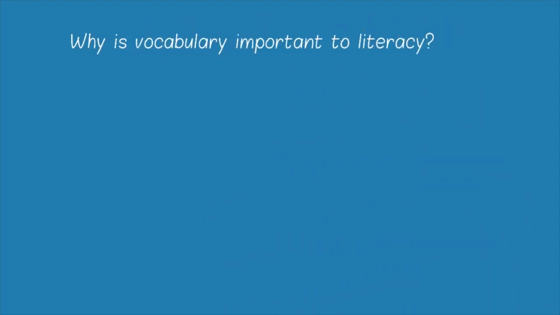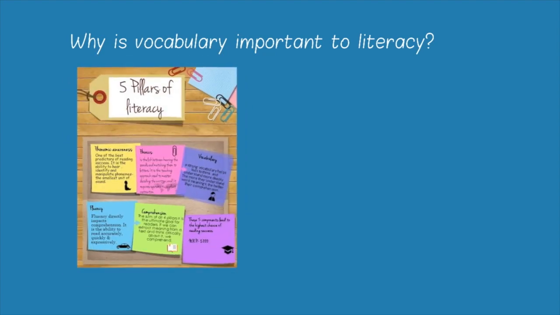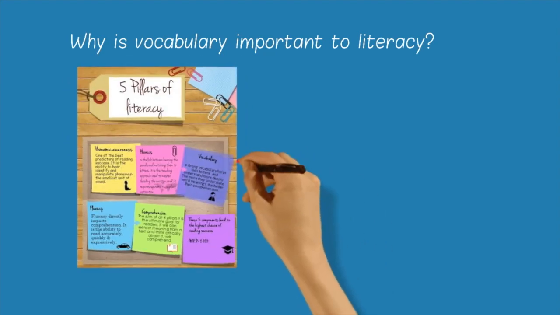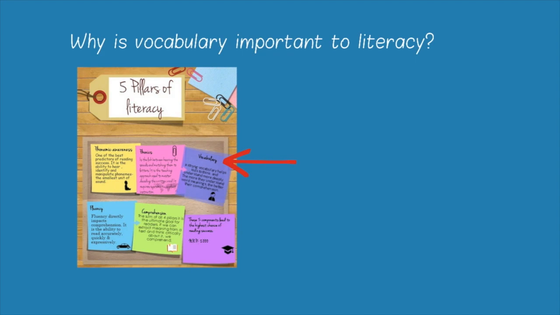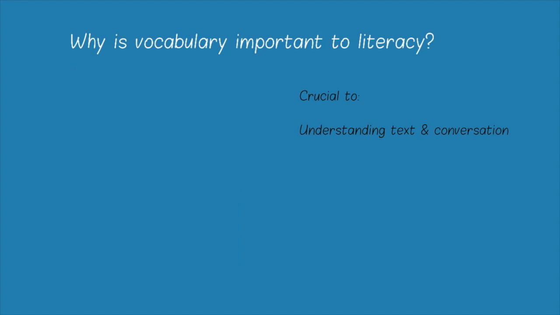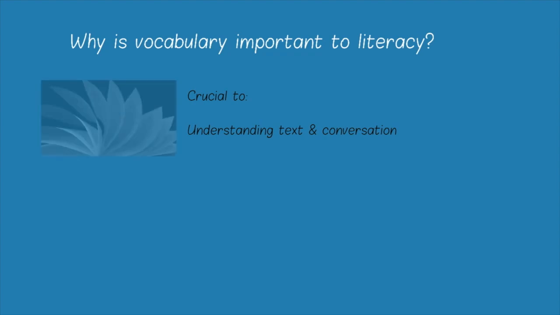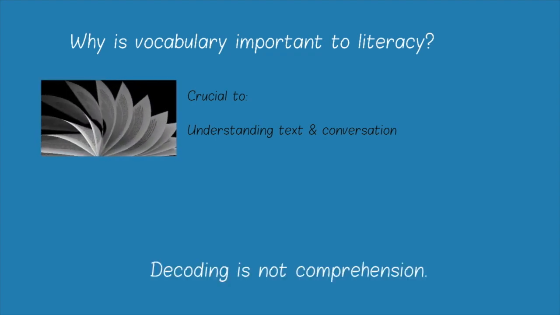According to the National Reading Panel, vocabulary is one of the 5 pillars of reading. Having the ability to understand words is crucial to understanding text. Research has shown that in order to comprehend text, students should understand 95% of the vocabulary. That means, even if your student can smoothly decode words in a text, he or she may not fully comprehend